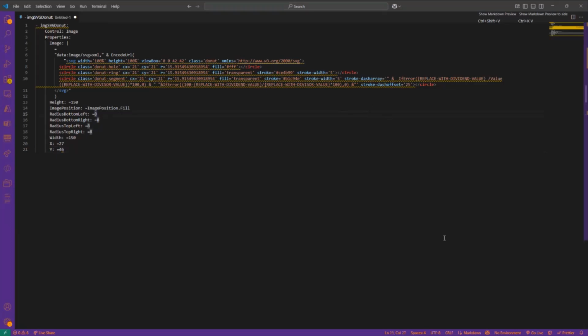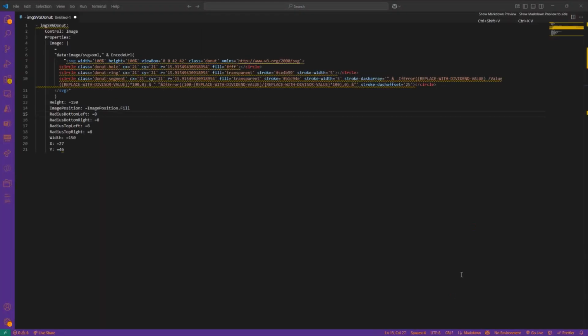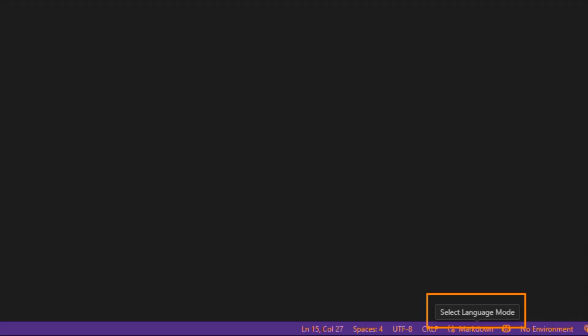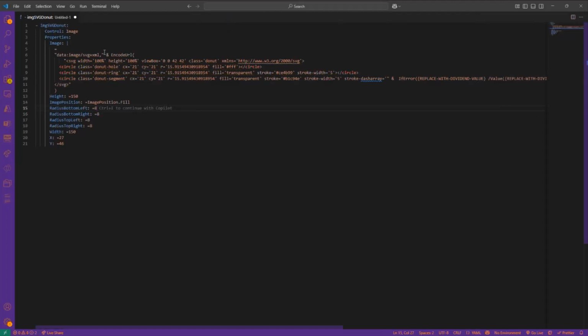So the first thing we want to do is let VS Code know exactly what our file type is. So if you select down here, nope, down there, everybody. You select which language mode you want. You can actually tell it. It may not recognize it right away, but YAML is something that is recognizable. So you do that, you see it kind of cleans it up.